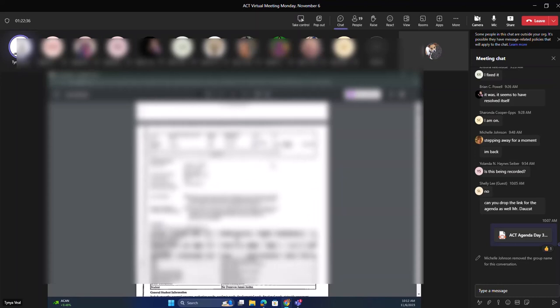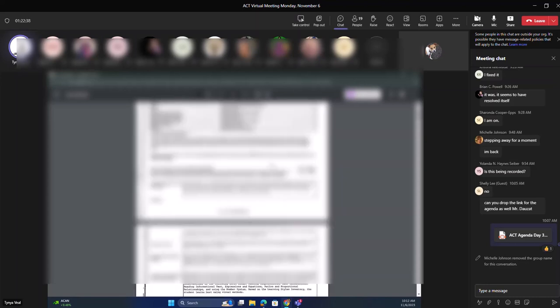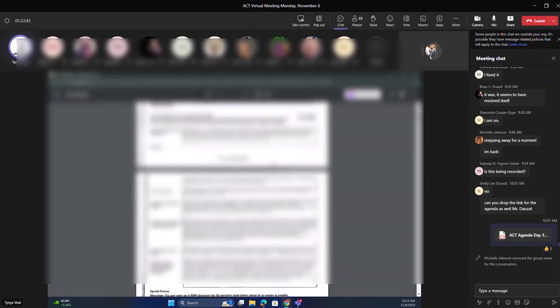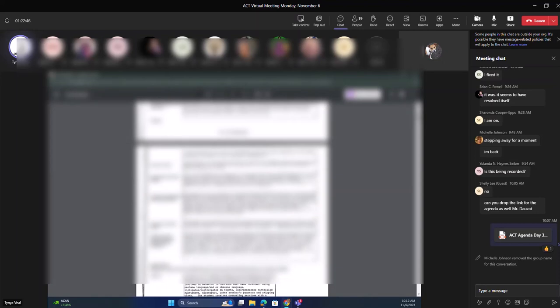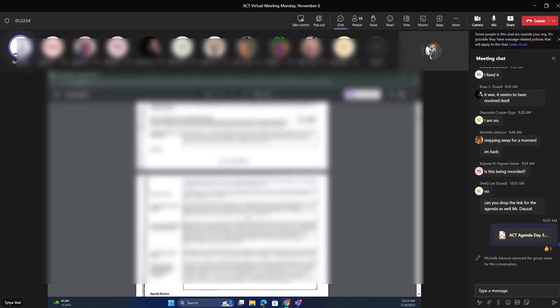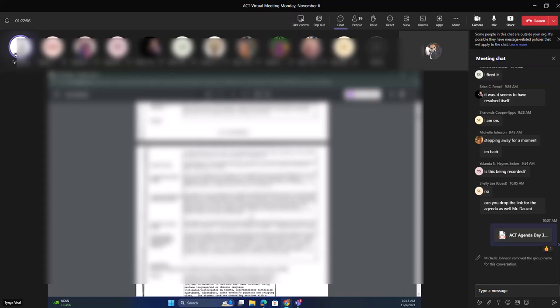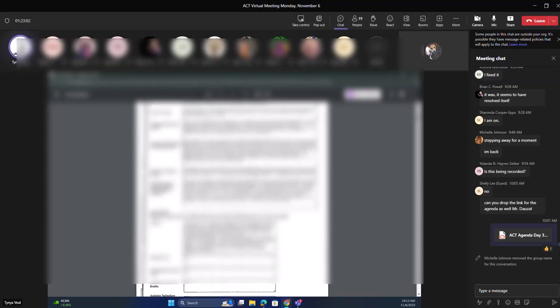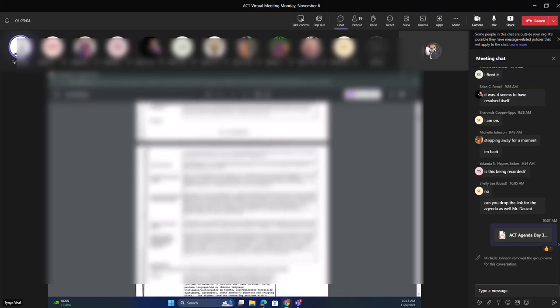These new IEPs, which started last year, are a lot more confusing to look at to see what the students' difficulty was. On here it says page 2 of 13, but on my screen it's showing page 3. So this column here, where it says academic development and functional needs, that's what I'm looking at.